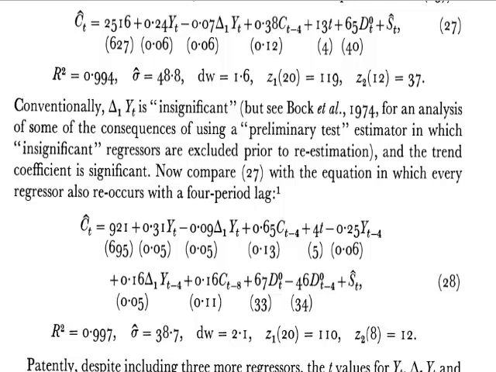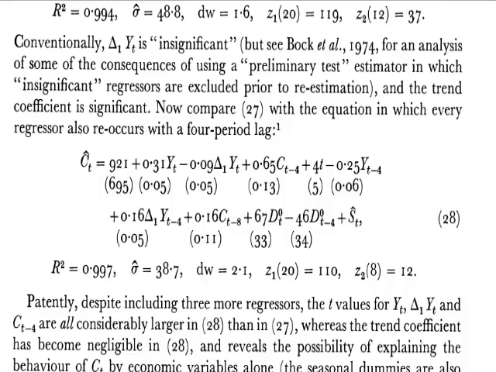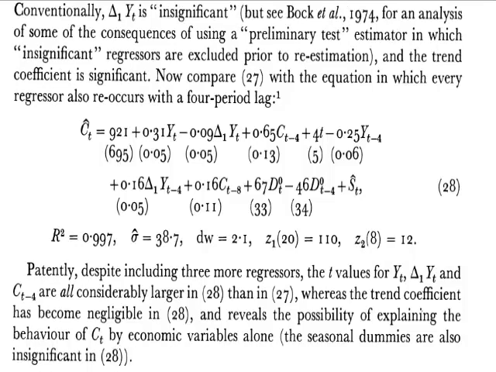And this is exactly what this equation is saying, because time trend is highly significant in 27 but is not significant in 28. So one important remark that Henry makes, which is very significant from our point of view of real econometrics, is that trend coefficient has become negligible in 28 and reveals the possibility of explaining the behavior of C by economic variables alone. You see, this is